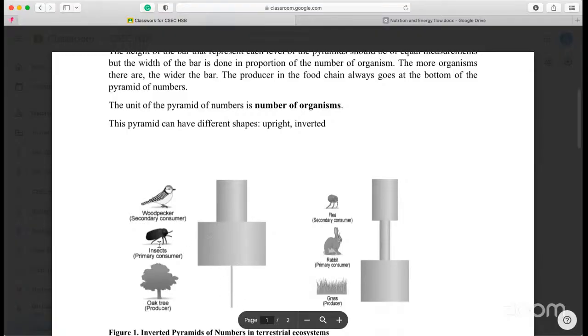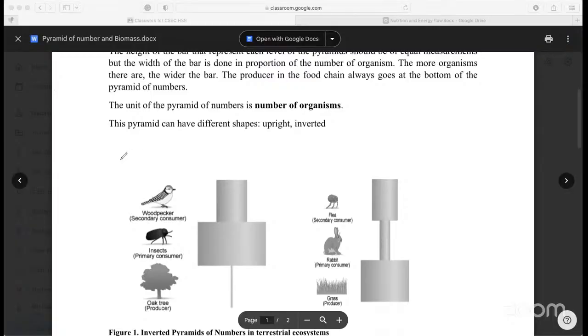Now, insects in that one tree, we may have about, say, 5,000 insects. So you see that the width of the bar represents that 5,000. And then we have a smaller number of birds, all right? We have a smaller number of birds that will feed on the insect. So this is a pyramid of numbers, and I could just draw you the food chain to go